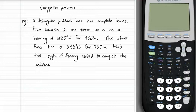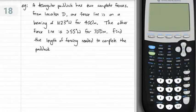We always start with the compass rose, and our compass rose, in this case we assume we start at location D because we always start where the bearings are from. Often that's where we start our trip, but since no one's travelling in this case, they've given us a bearing from location D. So we put our compass rose on location D,